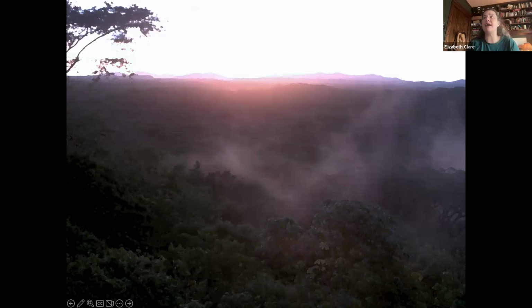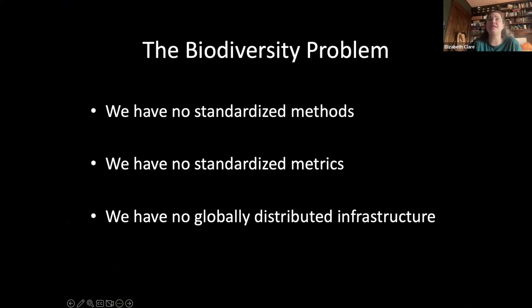It's really fun and it's really accurate and it's great for doing surveys, but it still doesn't scale. And this is a problem. The problem we've always had with biodiversity is that we don't have a standardized approach. Because of that, we don't have standardized metrics for measuring or quantifying biodiversity, because we don't have a way of scaling this to global infrastructure. And some of the largest agreements on biodiversity, things like the Convention on Biological Diversity and the UN SDGs,